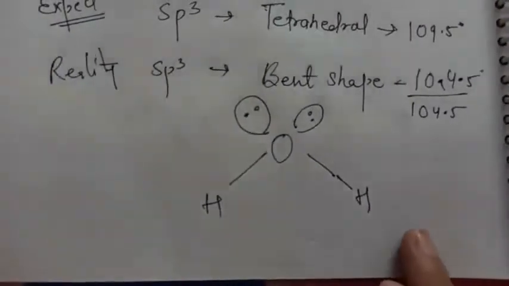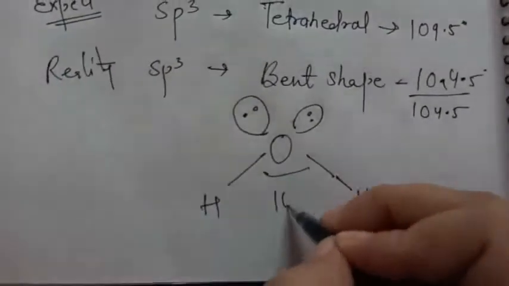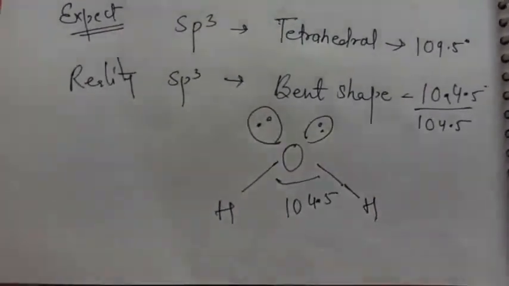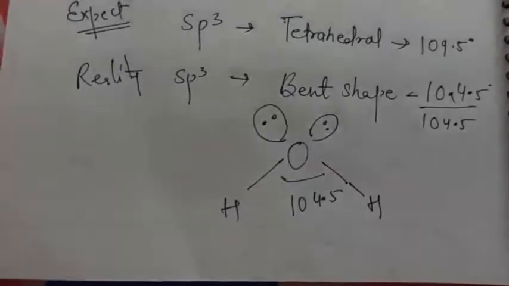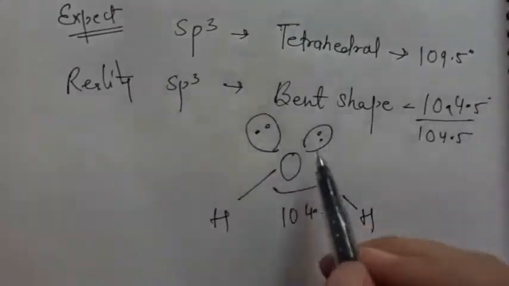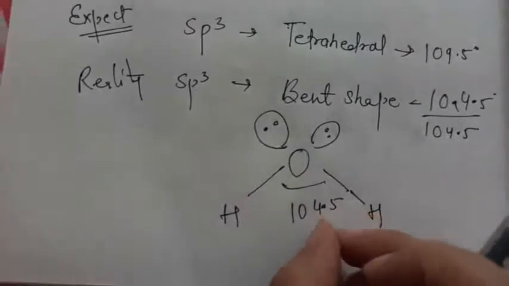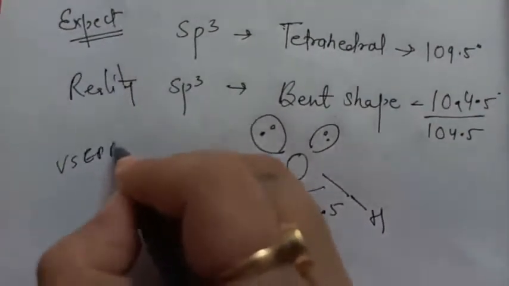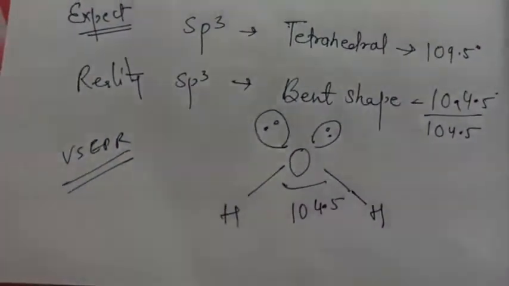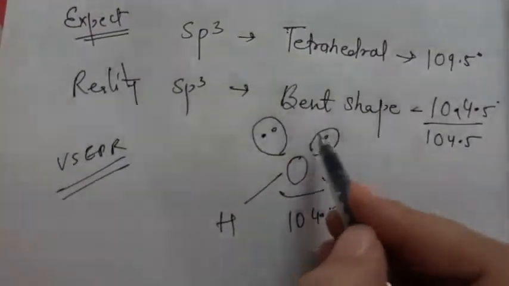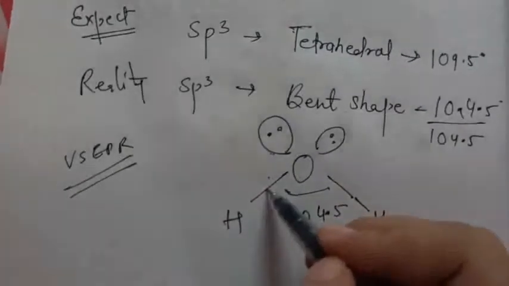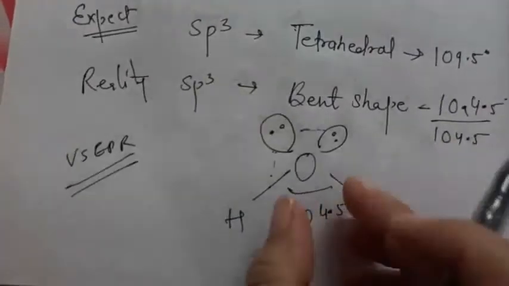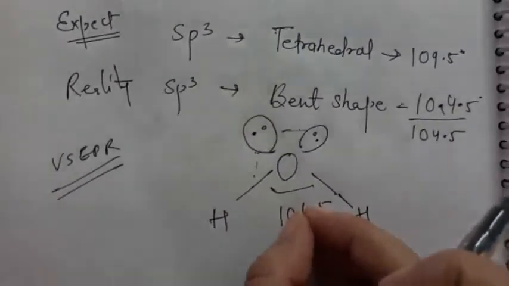So again VSEPR theory proves this bond angle decreases much more. Ammonia had one lone pair, so bond angle decreased from 109 to 107, and here you have two lone pairs, so the bond angle is further more decreased, और कम हो गया क्योंकि दो lone pair है. And if you remember VSEPR theory, what it says, I told you when I was teaching you the example of ammonia. So lone pair भी एक साथ नहीं रहना चाहते, lone pair bond pair के साथ भी नहीं रहना चाहता. So here also there is a repulsion, and here also there is a repulsion. Due to this bond angle is further decreased.